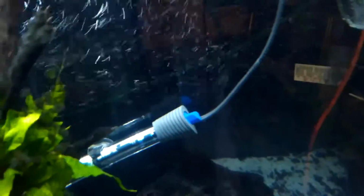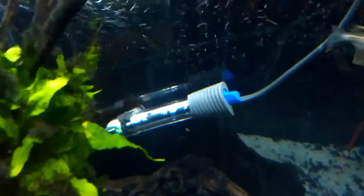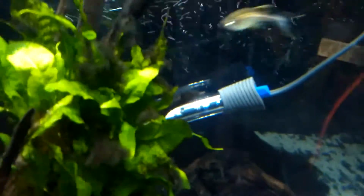And I think I just found a bad snail back there on my heater. There's a snail back there. I'm gonna go pull him off